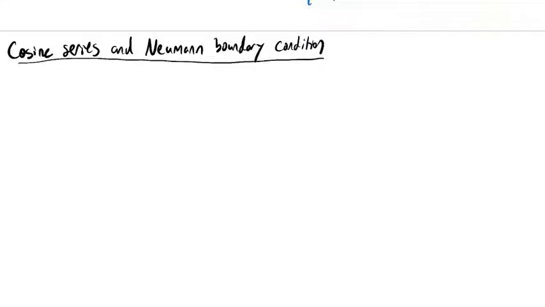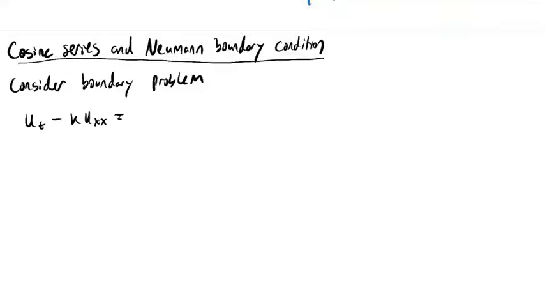Okay. And so what we're going to begin with is try to connect this back to studying PDEs. And so we're going to consider a different boundary problem. So in this case, let's look at the diffusion equation, u_t minus k times u_xx is equal to 0, defined for x between 0 and L, and time is positive. Right? So we have a finite x domain, although we're letting t go to infinity, as we saw before,